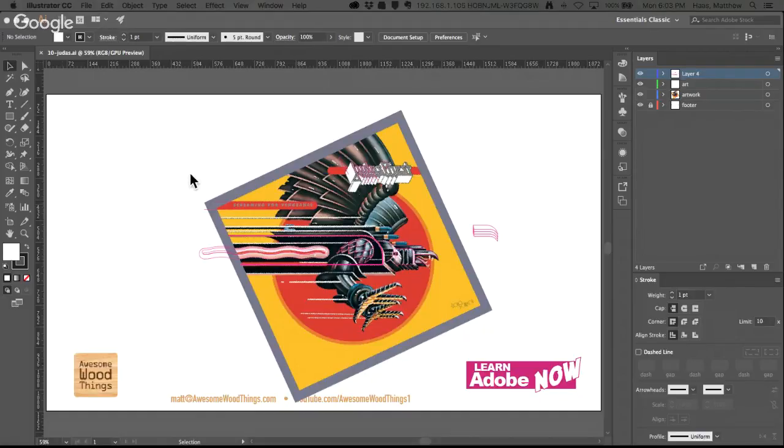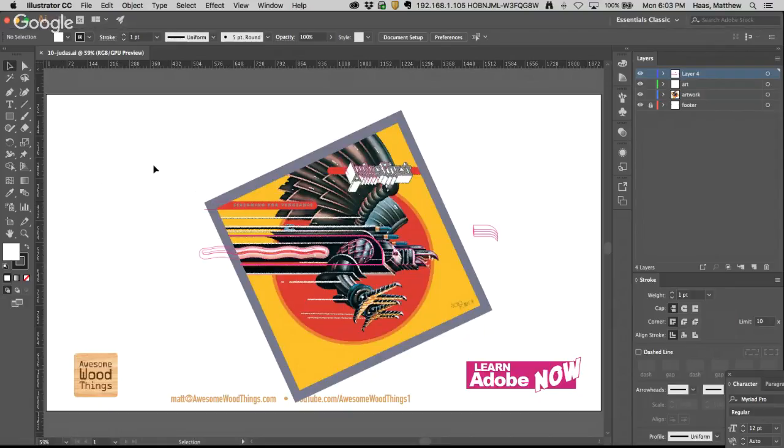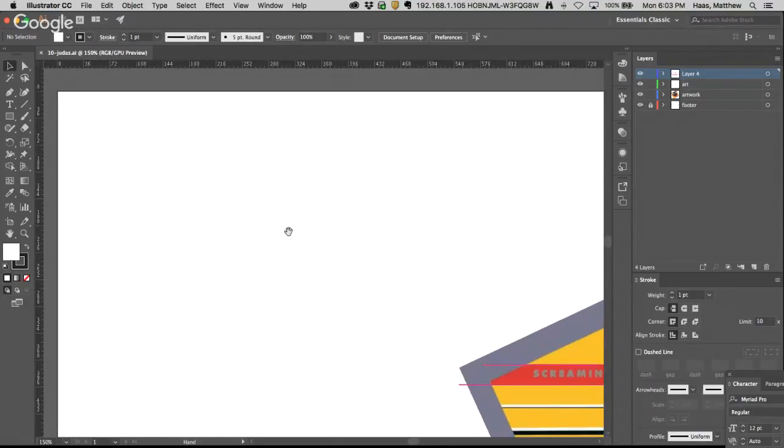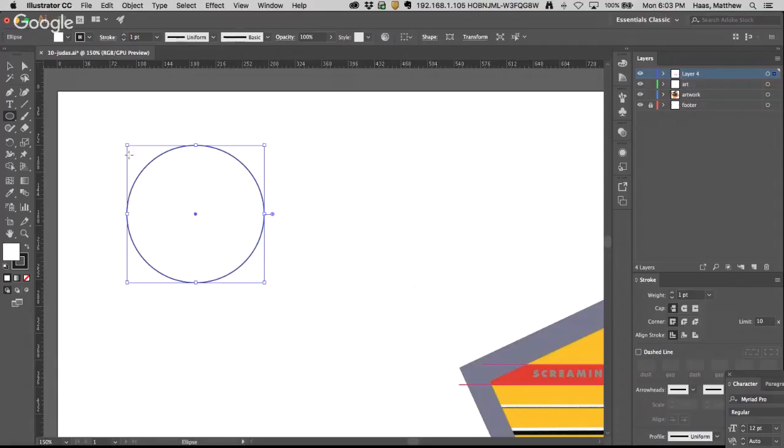All right, so you can see my Judas Priest Screaming for Vengeance album. I will work on that toward the end of the session, but I wanted to go through a couple natural drawing techniques first. All right, so here we go. I'm just going to zoom up on a white spot, kind of draw small to start out with. So let's say you wanted to draw a beach ball, just kind of a good shape. There's lots of ways to do it. Here's how I would have done it before learning these cool techniques I'm about to show you. All right, draw shape,